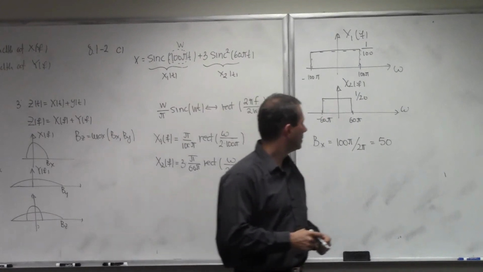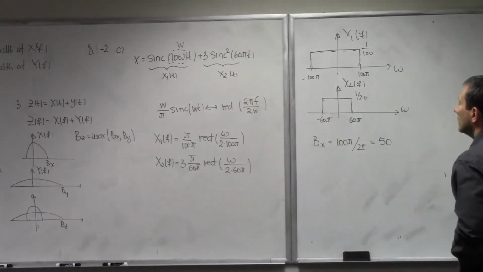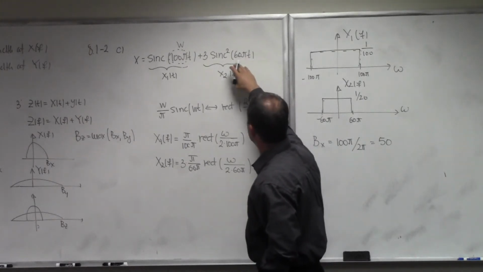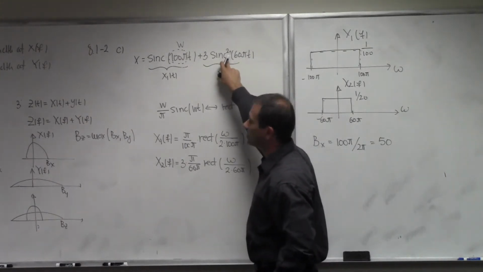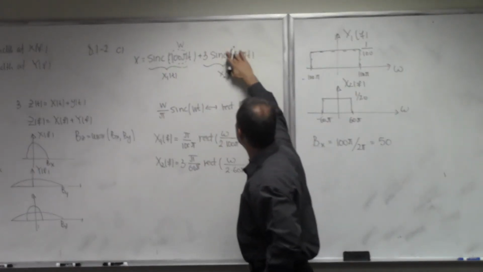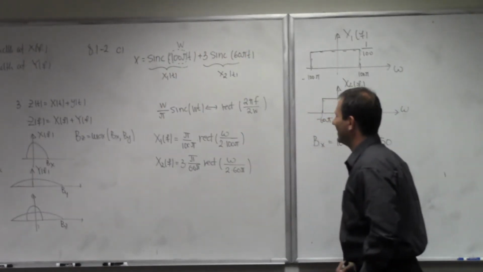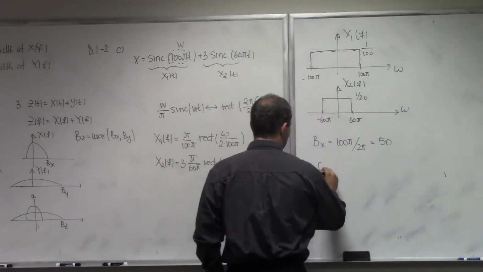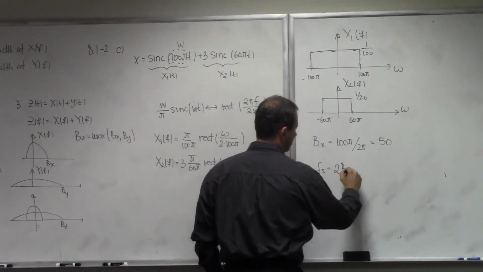Isn't there a square of x2? Yeah, sinc squared. Oh, okay. So it's going to be 120 pi? Oh, okay. So I messed up. Thank you for correcting. So sinc squared. Let me just do it like this, with the sinc squared, right? So in this case, this is the bandwidth,